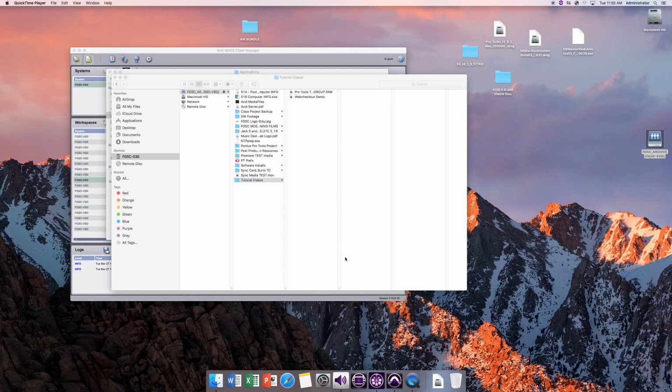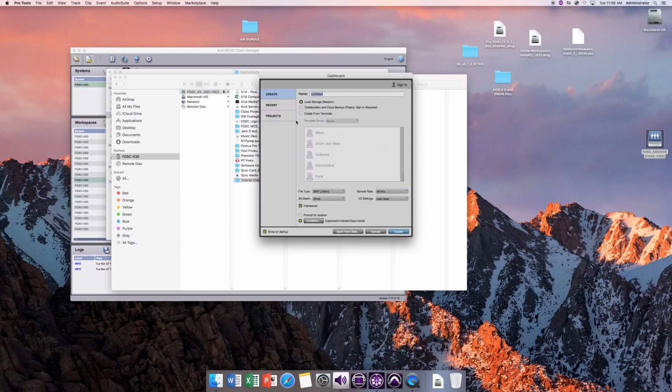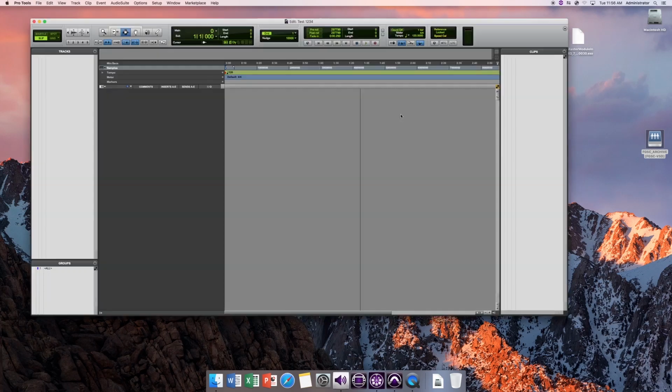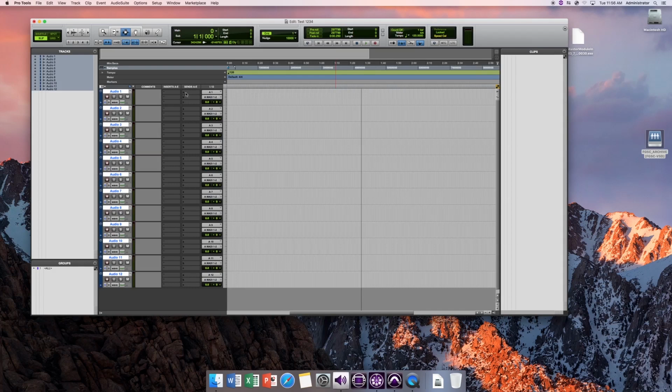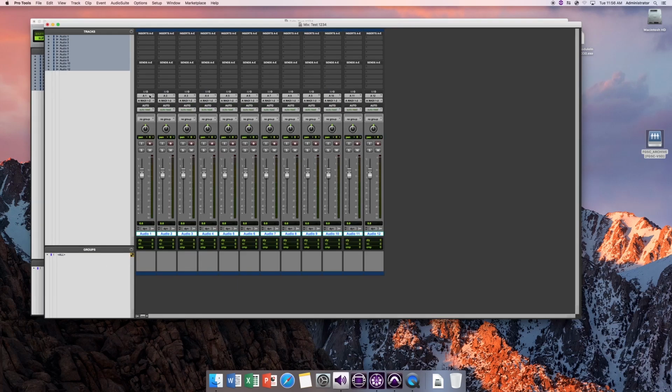Next, we are going to look at a few shortcuts when you are actually recording, or also you could do this when you're mixing. We're going to create a new session real quick. Let's create 12 new tracks, right? So we have 12 tracks, and you see here in your I/O up here, you have it going from 1